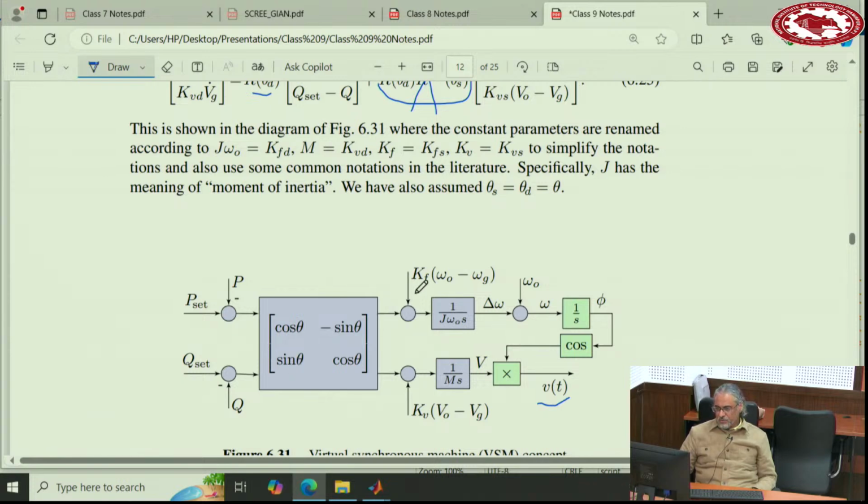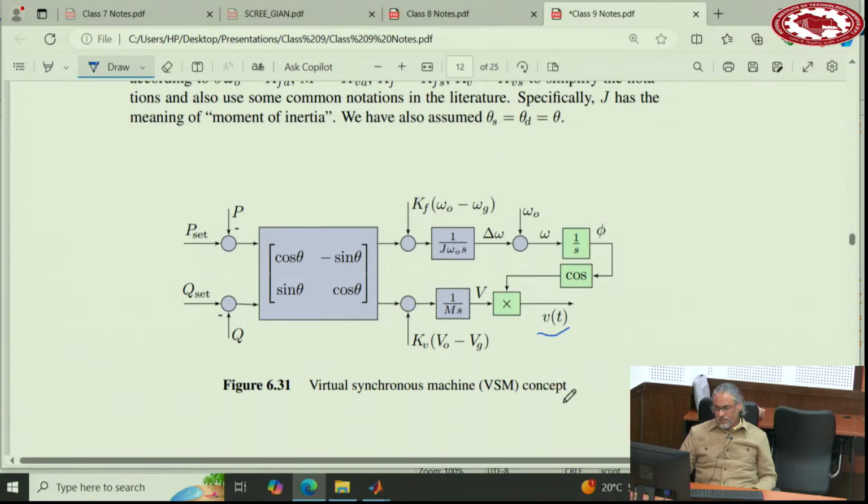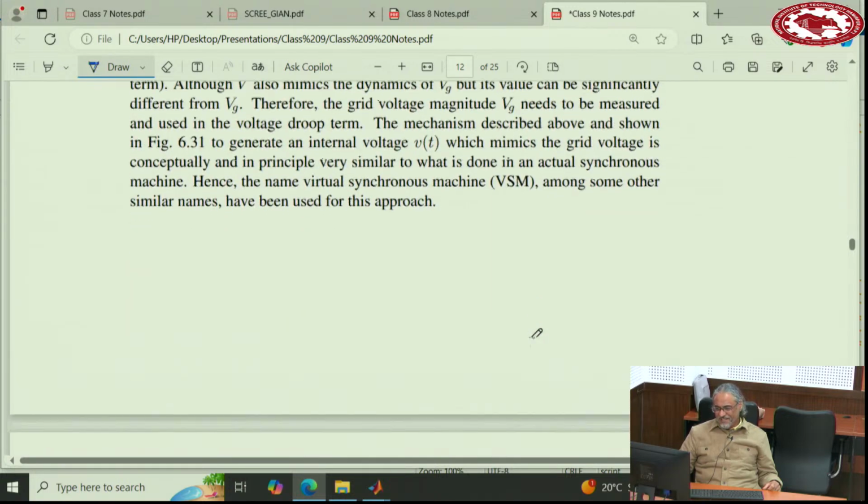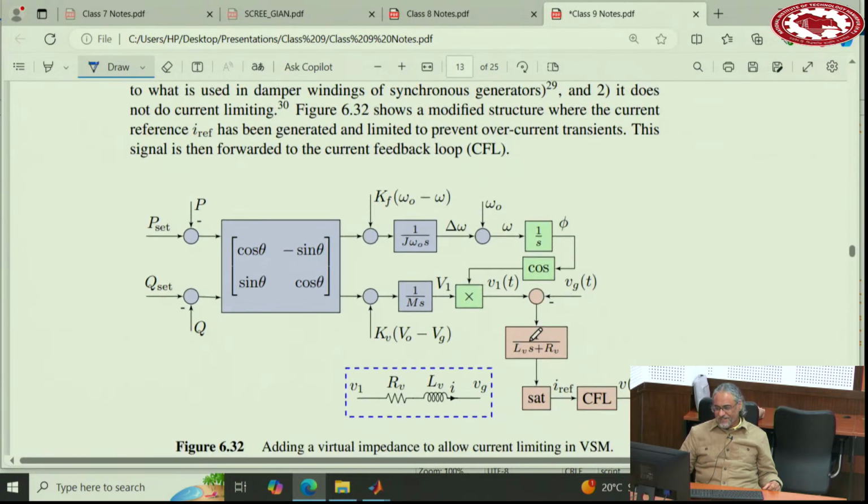Okay. So these are the governor and AVR functions in the synchronous machine. This is the inertia for the real power. This is inertia for the reactive power. And this is the internal voltage of the machine. The next step is what is the synchronous reactance? We haven't talked about that. We'll talk about that. So for the synchronous reactance,